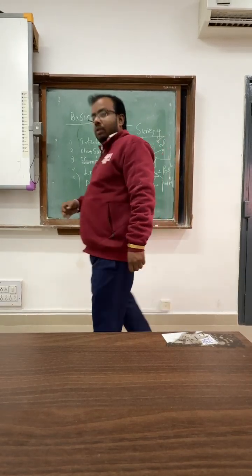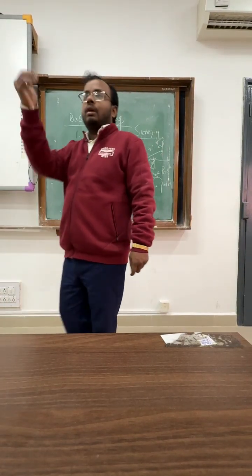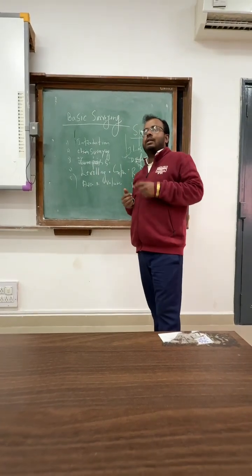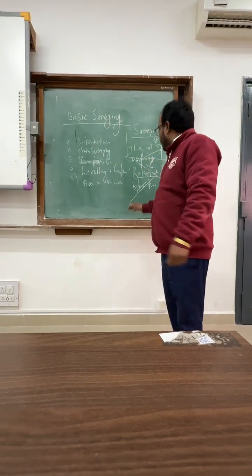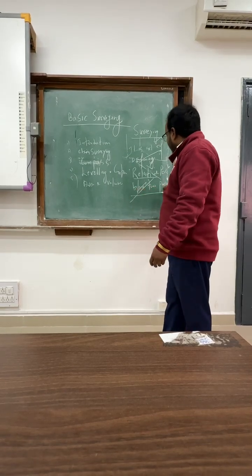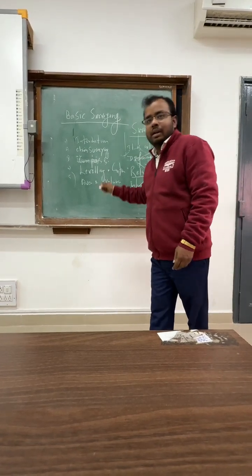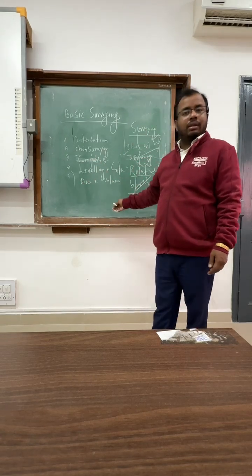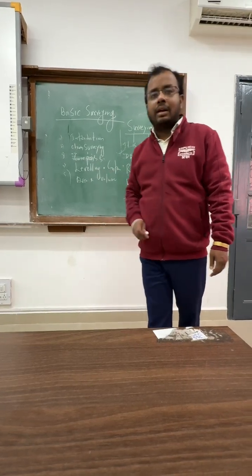Because if we are going to introduce some point location, it is with respect to something else. Suppose I tell you that someone is at a 5 meter distance. So this is all about the definition. In the next session, we will study the types of surveying and the classification of surveying based on different criteria. Thank you.